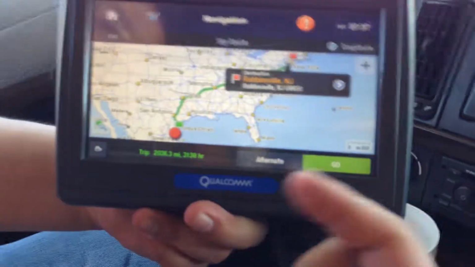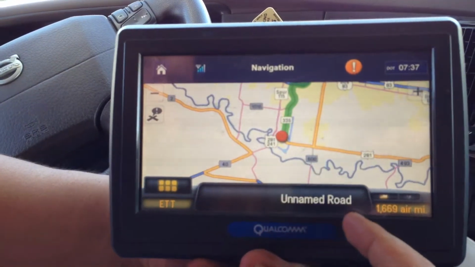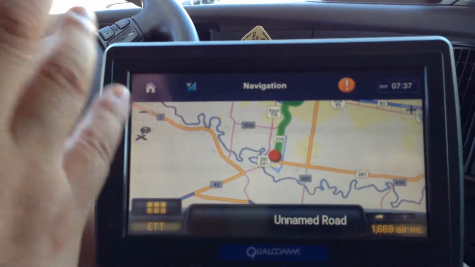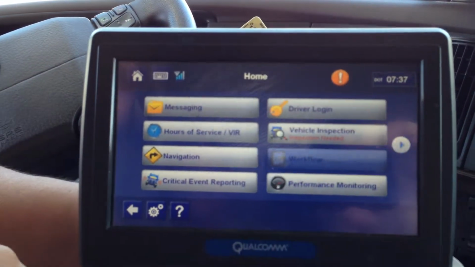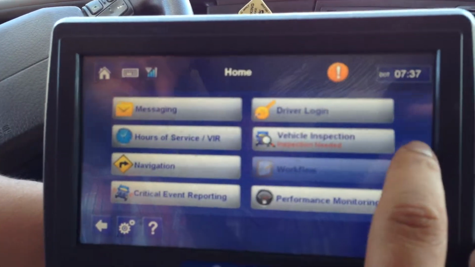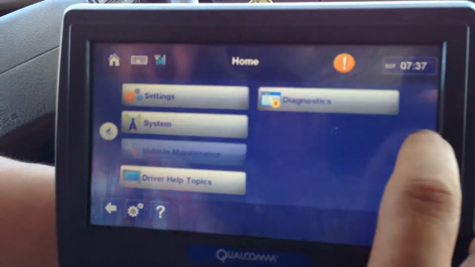Okay. And once you start driving, it'll tell you step by step on how to get there. And you can always get out of it by just coming out here. Now, to adjust settings,